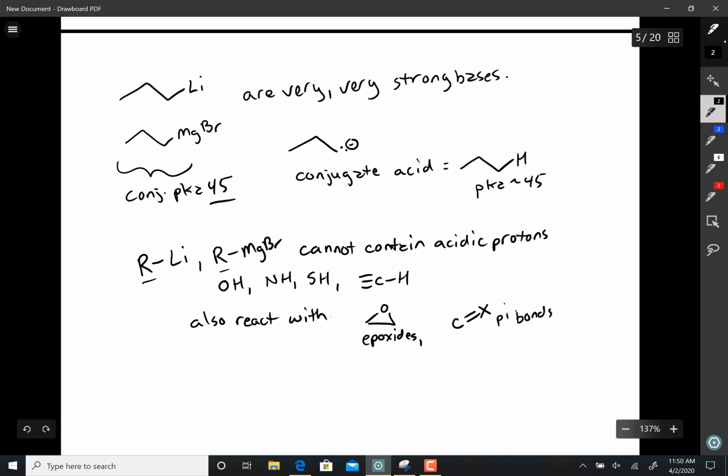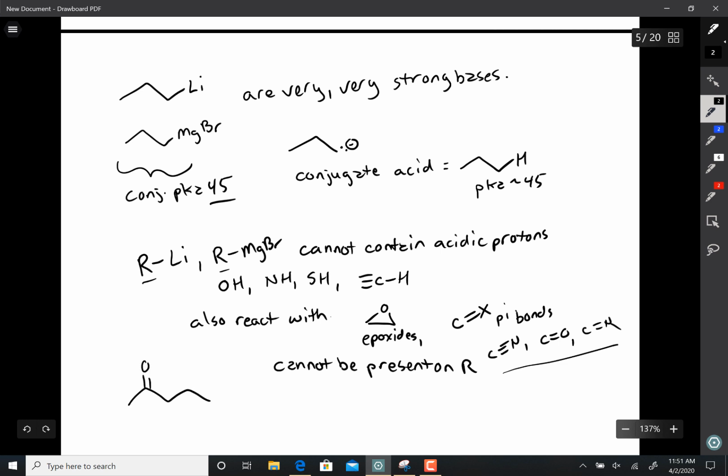What I mean by this is they can react with nitriles, carbonyls, imine type species. So these types of things cannot be present on the R groups. That means molecules like this